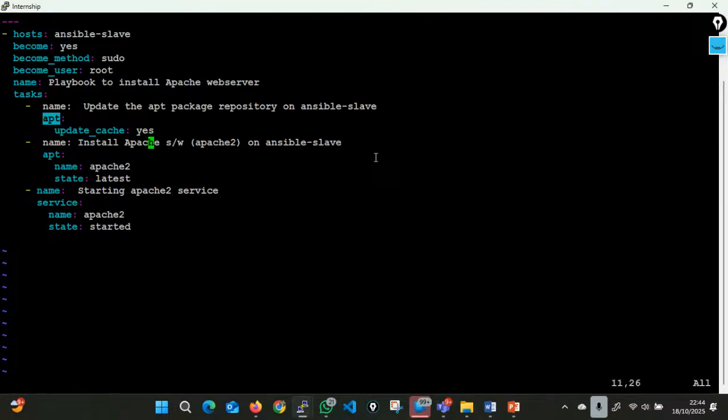And then I am doing the next task, which is to install Apache software on Ansible slave. I'm again using the apt module, but here the name is apache2 and the state means the version, which version of apache2 you want to install. I do not know the version number, but I want to install the latest version of Apache. So that is the state. Then again, the third task, what I'm doing is